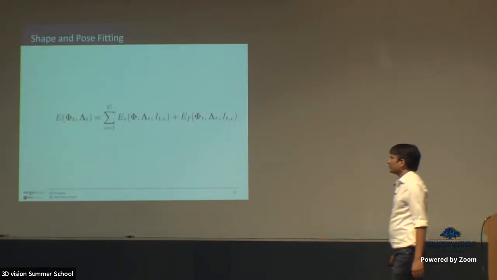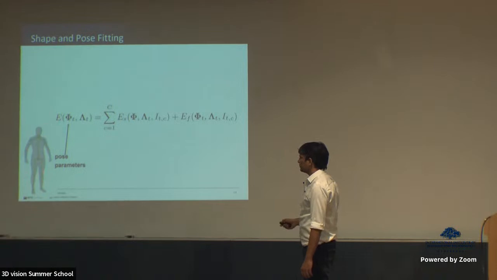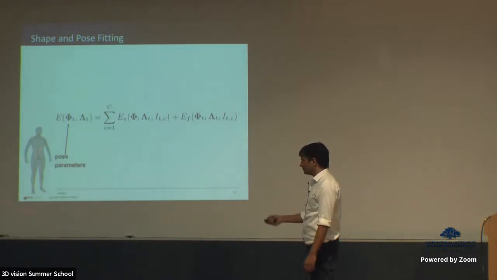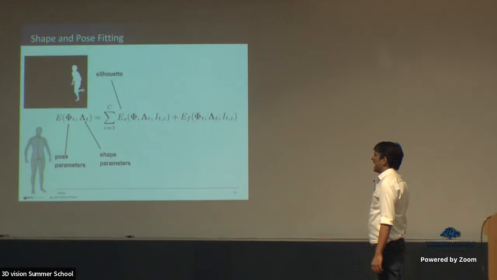And how do we do it? Well, it's straightforward. The human body is parameterized by the pose. Pose is nothing but the skeleton. So pose essentially means the 6 degrees of freedom for the torso, and then 3 degrees of freedom for the shoulder, 1 degree of freedom for the elbow, and so on. So these are basically the pose parameters. And then we have the shape parameters, the PCA coefficients. And the measurements that we have are these segmented images. We call them silhouette images. So we measure the